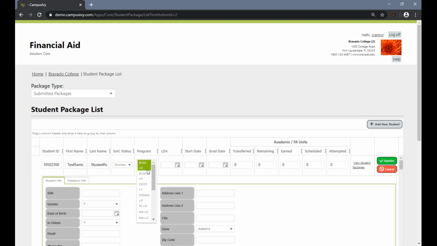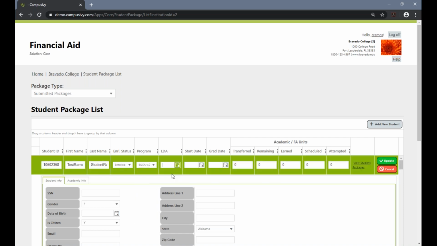So this is going to be your list of programs here that's configured within the system. Okay. Last date of attendance. If this is an enrolled student, a Future Start student, last date of attendance is a field that's not required, but as soon as you move this to an active status, a last date of attendance would be required here. And I'm going to put their start date, their anticipated graduation date,